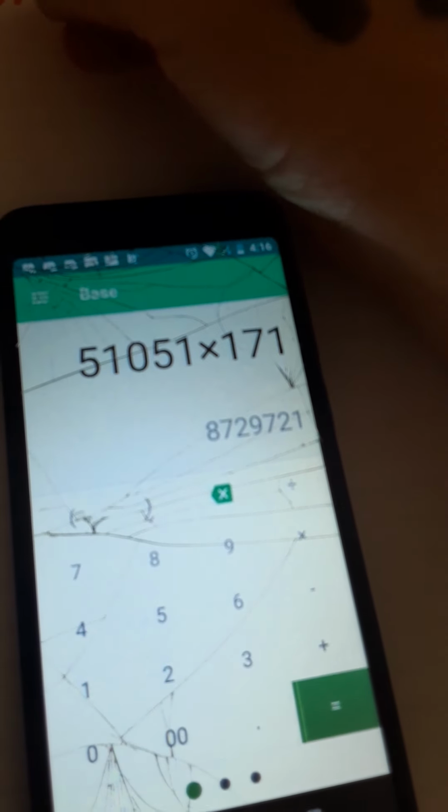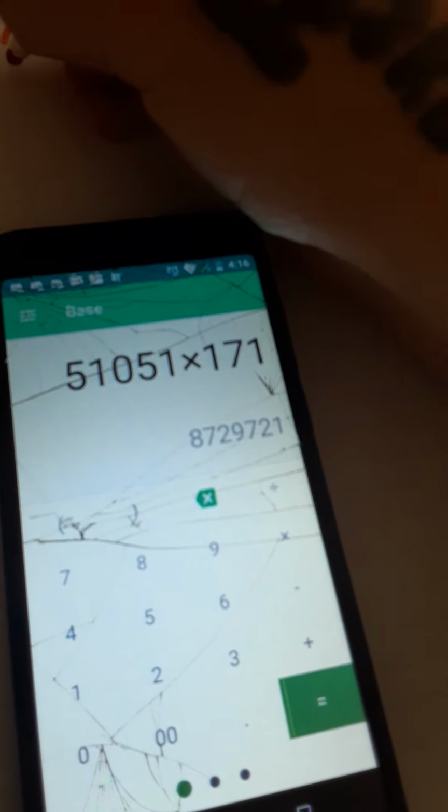8,700. 9, 7, 2, 1. And if we want to do it with 23, we have to do 23 times 7 equals 161. And you can keep jumping